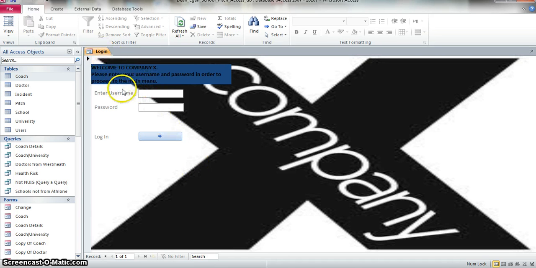As you can see, it is enter username and password. In this database, there's only two usernames, user 1 and user 2. User 1 brings you to one menu which gives you full access to the database. You can read forms, update forms, and delete forms. But User 2 brings you to the only limited access menu, which only lets you read forms and reports, nothing else. So here you see User 1